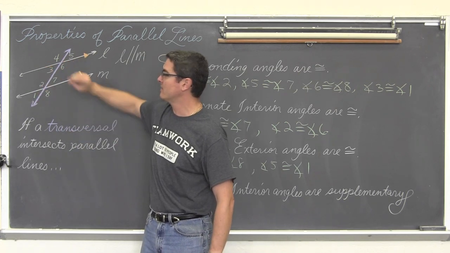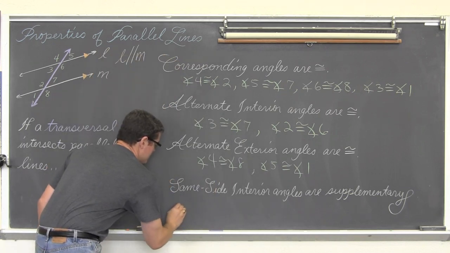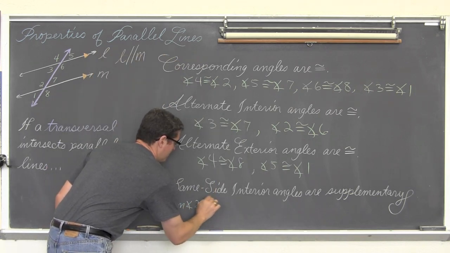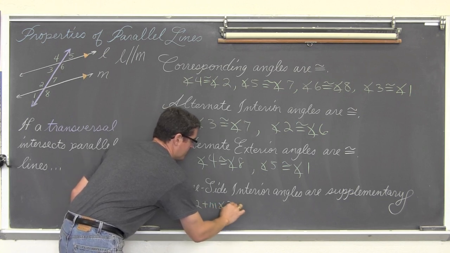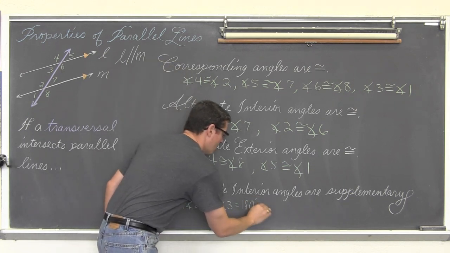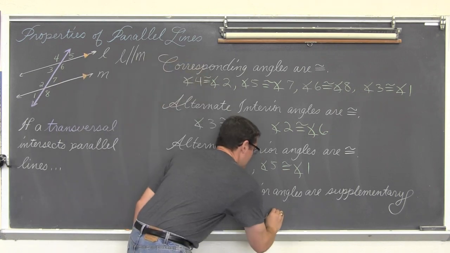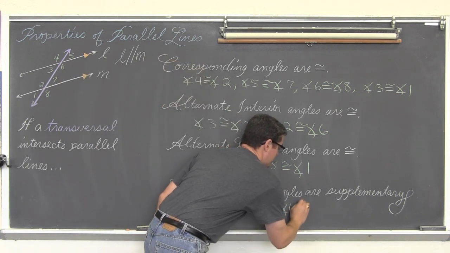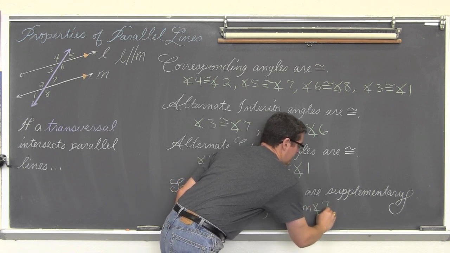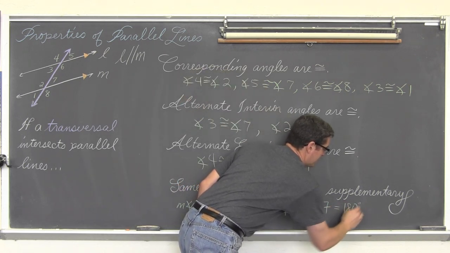And we have 6 and 7. So either one, we have the measure of angle 2 plus the measure of angle 3 is equal to 180 degrees. Or, if for some reason we needed to work on the other side, of course that was going to be the measure of angle 6 plus the measure of angle 7. Am I writing the right numbers? Yes. Is equal to 180 degrees.